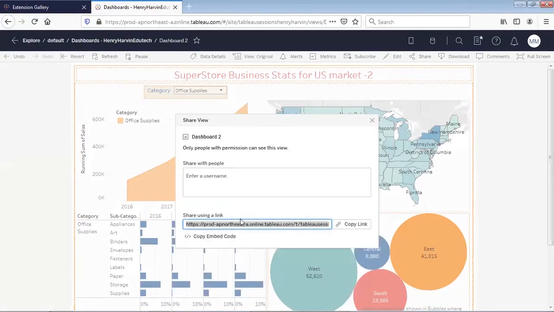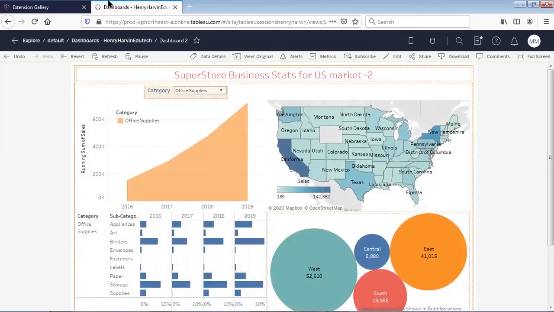So over here, one way was that we copied the link and shared it with the client. Another way is copy embedded code. So over here, I could have copied the embedded code which comes in the form of JavaScript, and that embedded code I can share with the development team of my company, and they can use this embedded code in the website of my company. So whenever someone goes to our website, based on their credentials, they'll be allowed to see the dashboards. So this way, using Tableau Online, you can publish your dashboards or worksheets, and you can share them with the end user.